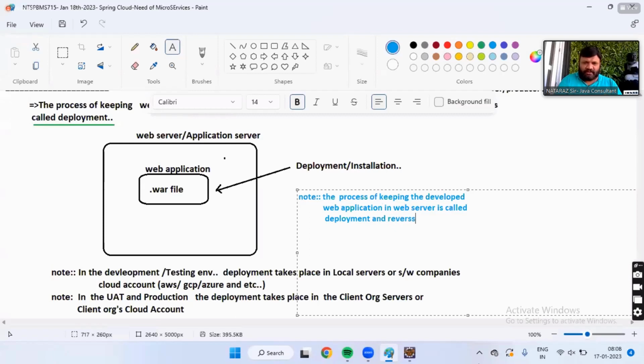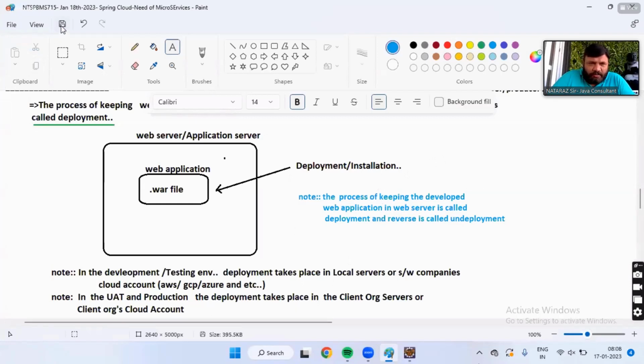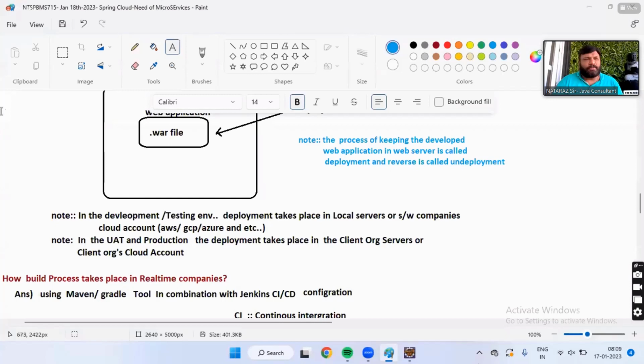The reverse is called undeployment. Convinced, my dear? Got it? Reverse is called undeployment.